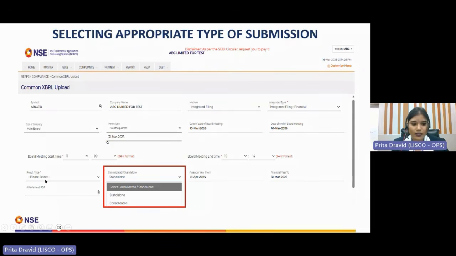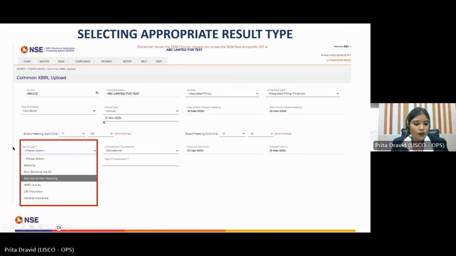Then select the result type. For integrated filing financial, the company shall make the adequate selection as per the applicability, that is banking, non-banking Ind AS, non-banking non-Ind AS, NBFC Ind AS, life insurance, general insurance.